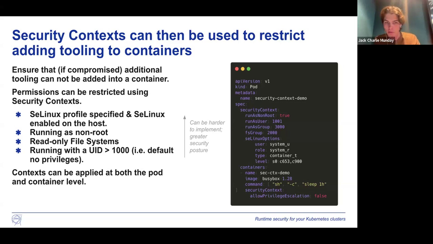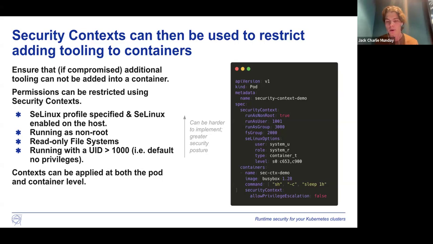So I have a few examples in the bullet points, which I won't read through, but obviously, as you go higher up the list, it can get more challenging to implement these. And there may be good reasons for needing these things turned on. There may be applications that need to modify file permissions for whatever reason, and so having them run with no privileges naturally doesn't work. So I think doing this in a nice incremental way will allow you to get up to this kind of